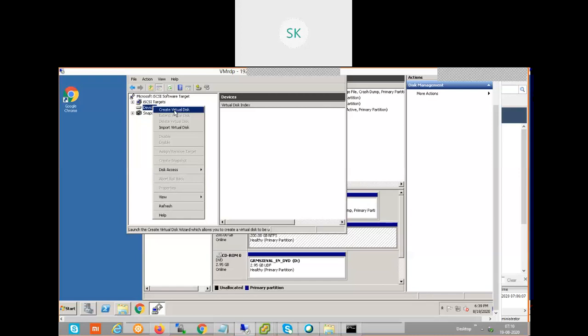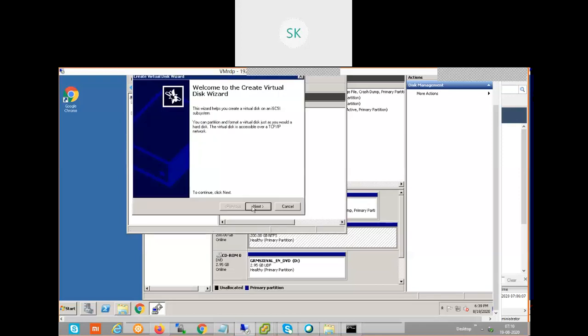But to migrate servers, we need to assign sufficient storage. For example, one of my Windows servers has 40 GB. To migrate that server from one ESXi host to another ESXi host, both ESXi hosts should have more than 40 GB of shared storage, so that I can move that VM to the shared storage. Let's create one partition with 100 GB. Create new virtual disk.